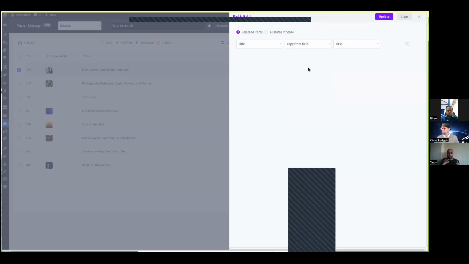What happens is, by mistake, if you have imported and the import suite is not working properly, and it has updated the data in a wrong field, or if you want to transport the data from one field to another, you can do that also without any issues. You simply do that for all the courses or all the records for that course type in your store, just at a single click.